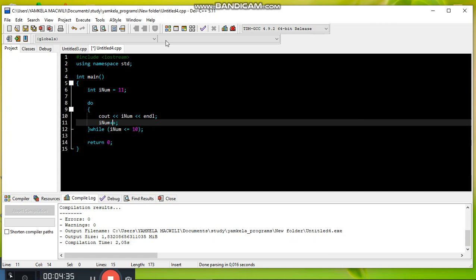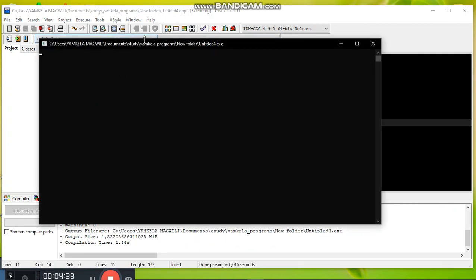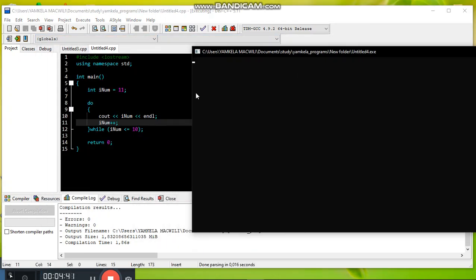Now let's run the program and see. It should only print once, because this condition will be false. You can see that it only prints 11. It only prints the initial value, which is 11. As you can clearly see there,